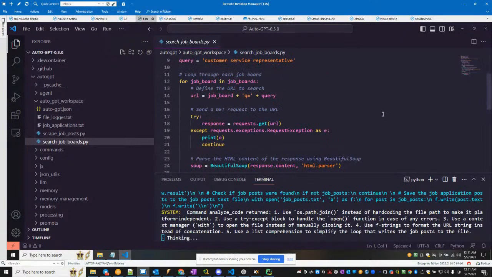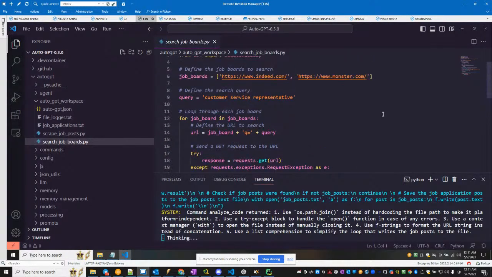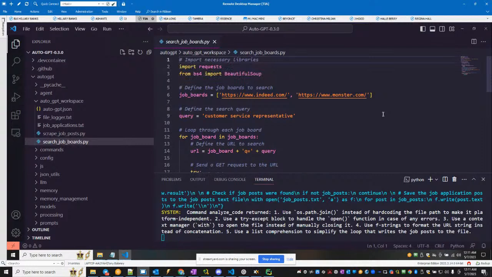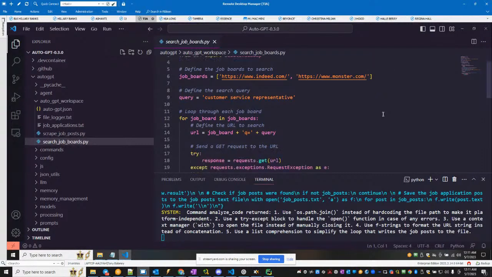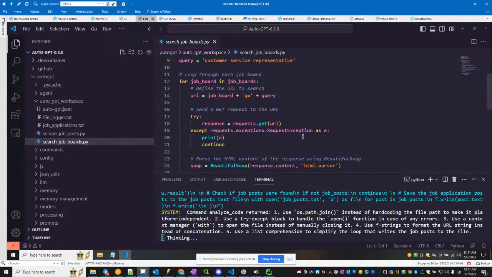It's a great starting point, but query, URL job board. Oh, okay, I see what it's doing. It's taking this part here and adding this part to the end of it, as you can see with this line here, and then getting the response. Okay,